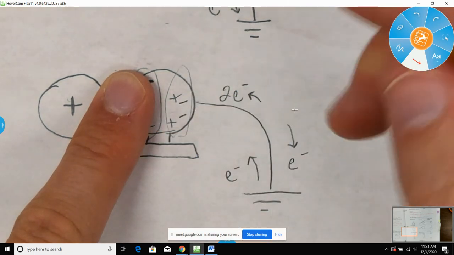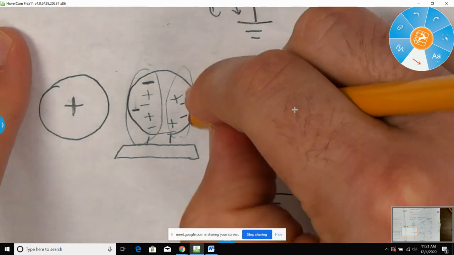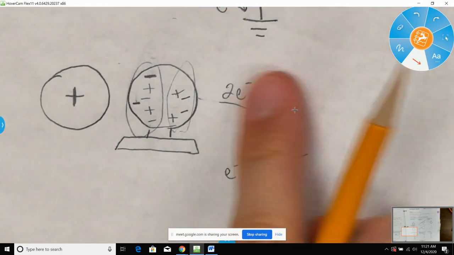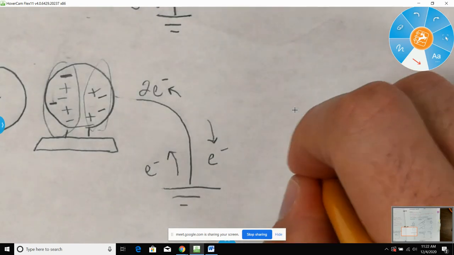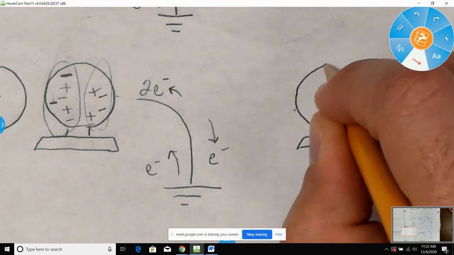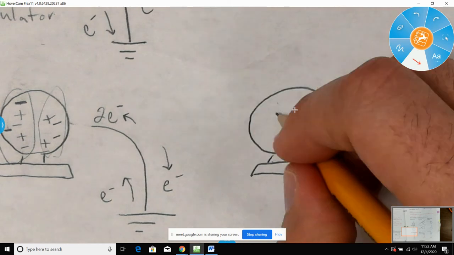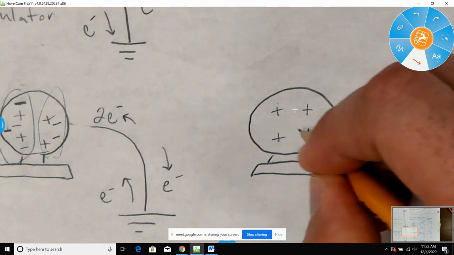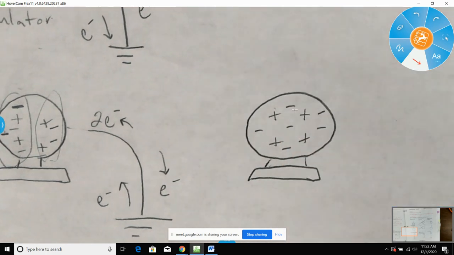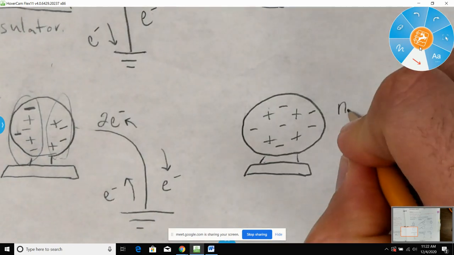Positive, negative, positive, negative. Now, if I take my finger away from the sphere, and I break that path, and then move this guy away, then what's going to happen is, on a conducting material, the negative charges will wind up spreading out. So we have 1, 2, 3, 4 positives and 1, 2, 3, 4, 5, 6 negative charge. So if you have more negative charge than positive, you are overall